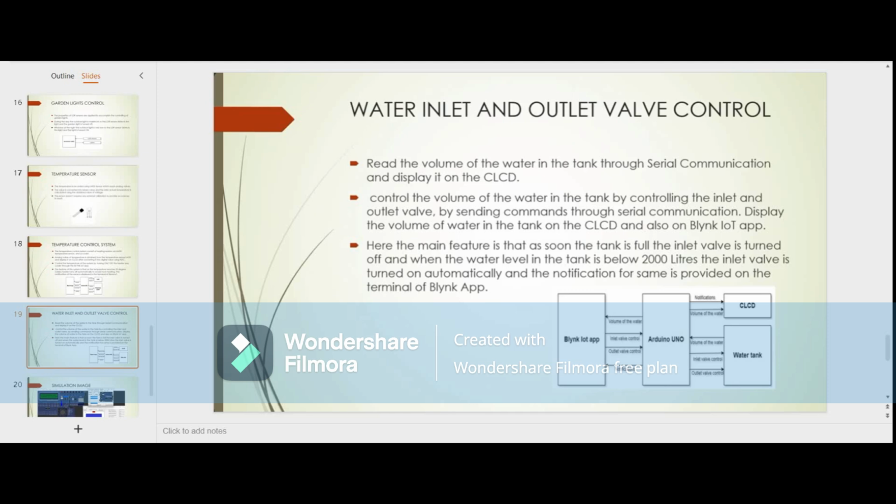Here we can see it reads the volume of water in the tank through serial communication and displays it on the CLCD, so the user can watch the reading of the volume on the CLCD. This is the CLCD, this is the Arduino Uno, and this is the water tank. And here the volume of the water tank will be